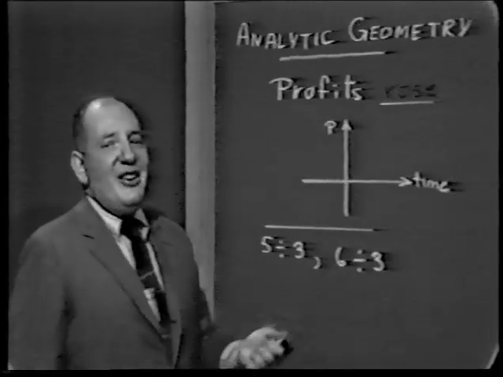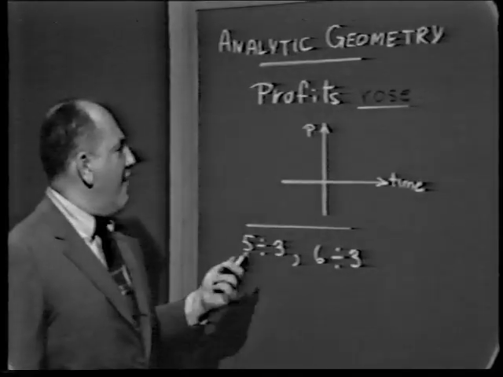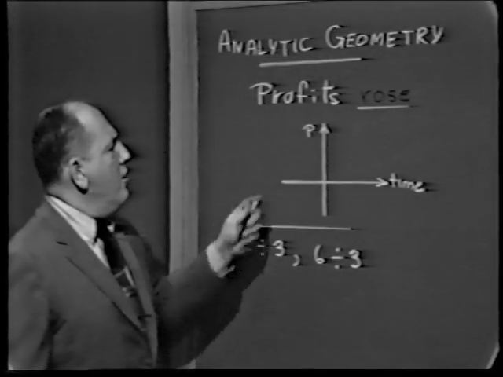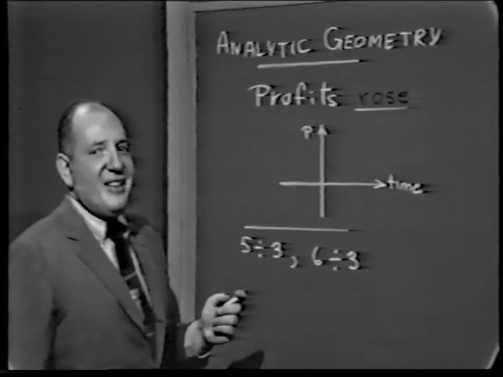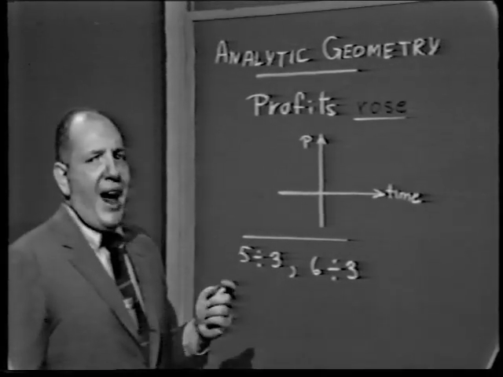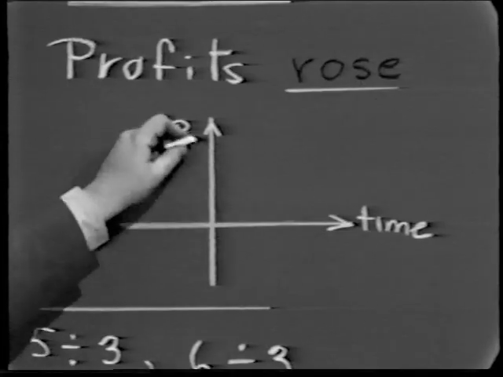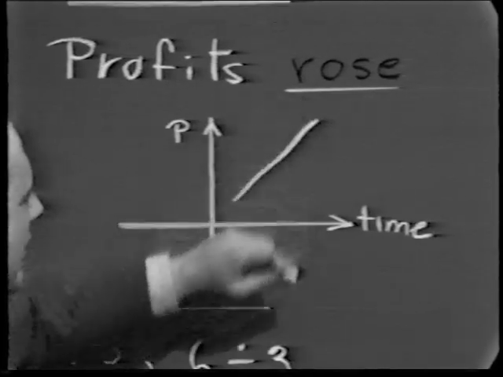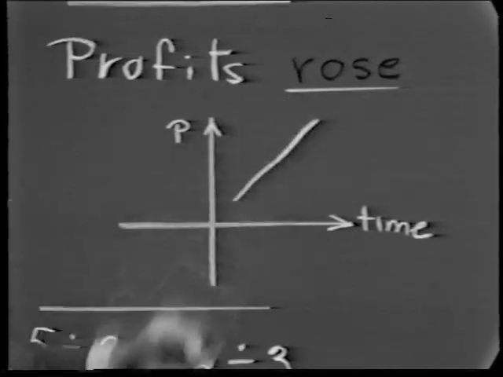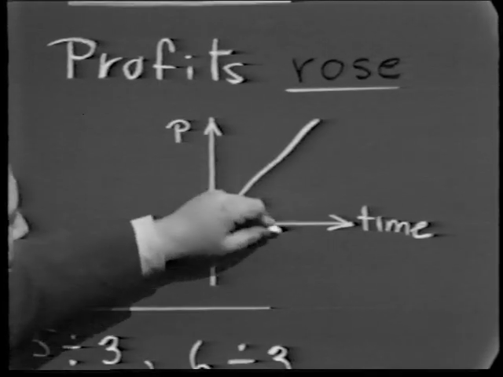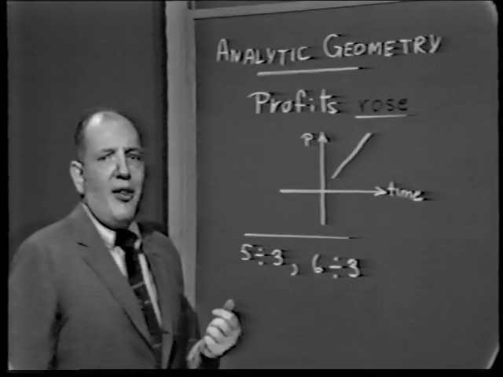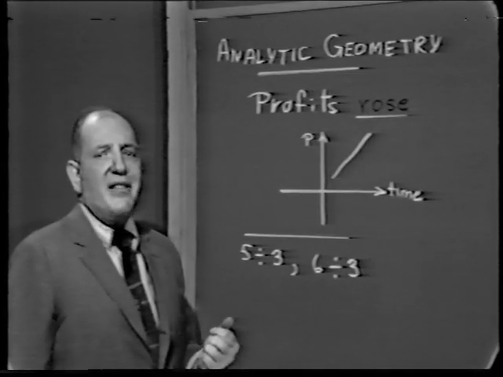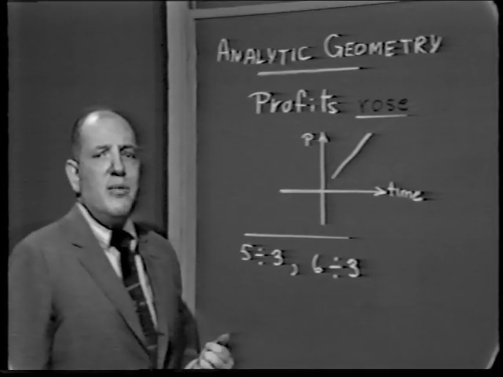Consider, for example, the businessman who says, "Profits rose." Now, profits don't rise unless the safe blows up or something like this. What profits do is they increase or they decrease. The reason that we say profits rise is that when the profits are increasing, if we are plotting profit in terms of time, the resulting graph shows a rising tendency. As the profit increases, the curve rises. In other words, we begin to establish the feeling that we can identify the analytic term increasing with